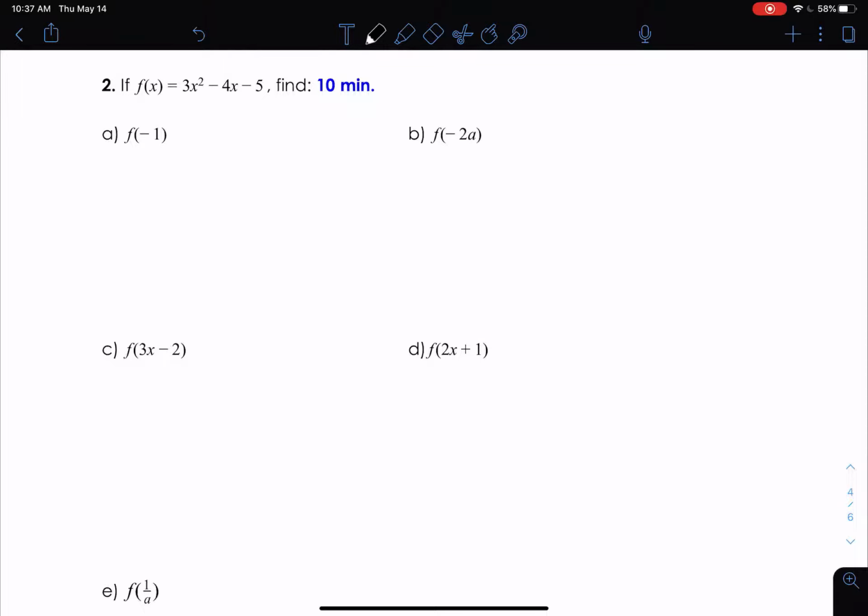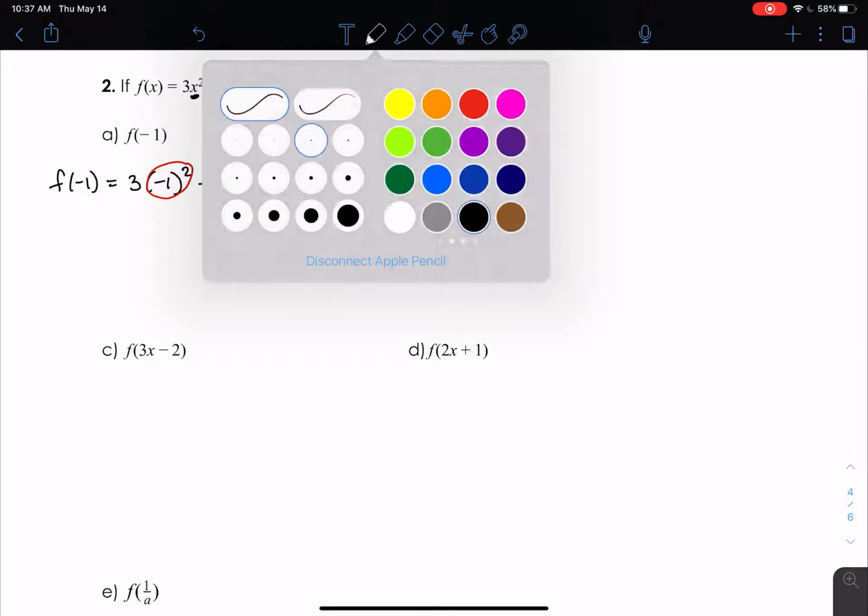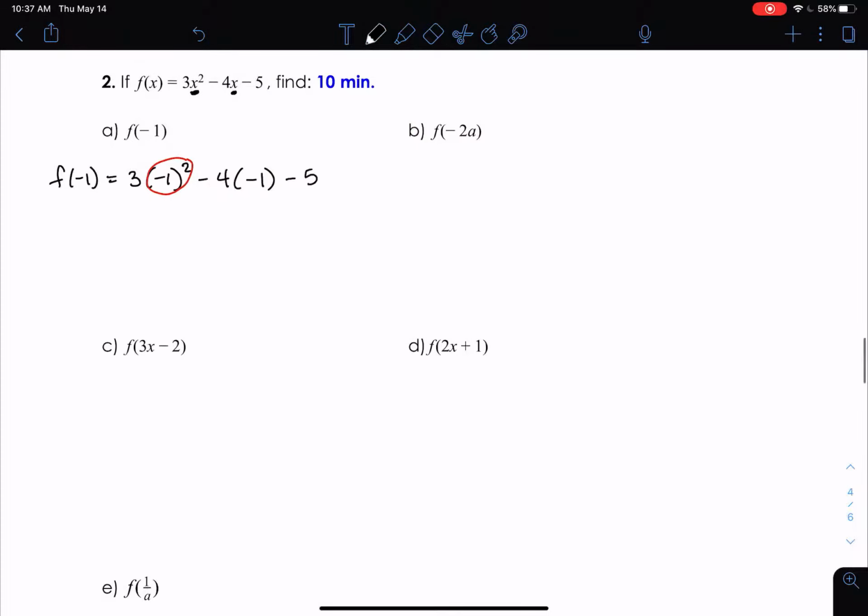All right, let's evaluate with this quadratic function. So f of -1, we're just going to plug in -1 everywhere we see an x. Remember to use your parentheses wisely, which means always. Order of operations demands that we do exponents first, so -1 squared is 1, and then 1 times 3 gives